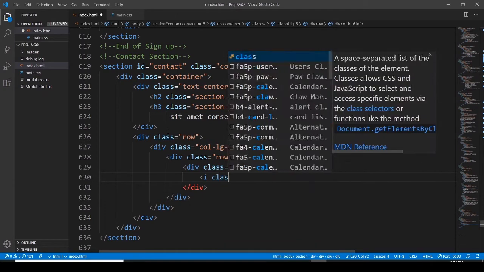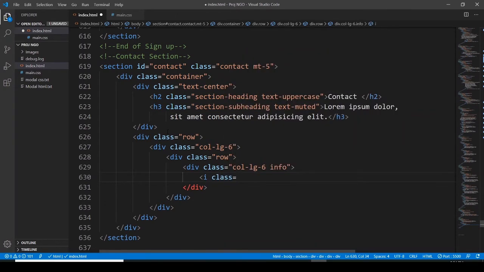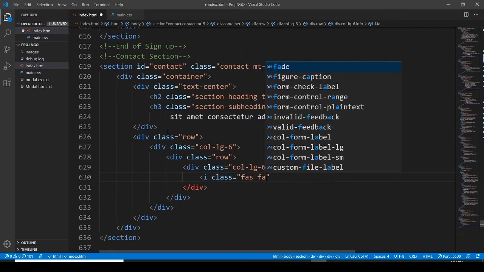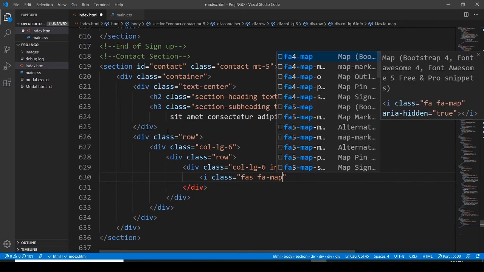Let's use some font icons, and let's say FA map,